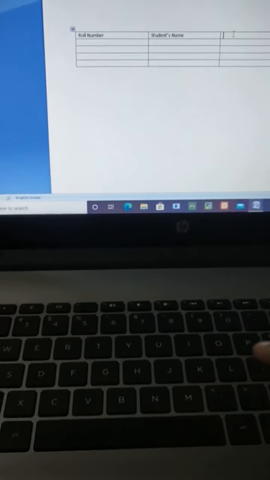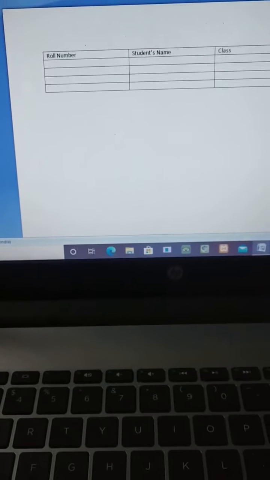Move to that column, and when the cursor appears in this shape, just click on that, and the typing cursor will appear there. Understood? And then we have to type class, class.